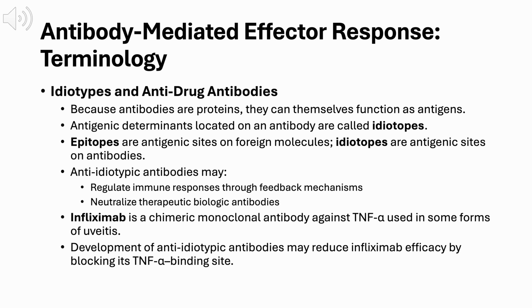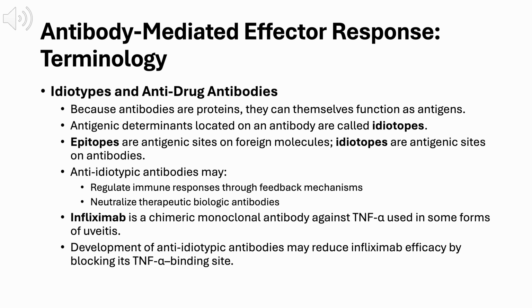Epitopes are antigenic sites on foreign molecules, whereas idiotopes are antigenic sites on antibodies. Antibodies raised against these are anti-idiotypic antibodies, and they do two things. Physiologically, they can regulate immune responses through feedback, but clinically, they can neutralize therapeutic biologic antibodies, and that's the problem